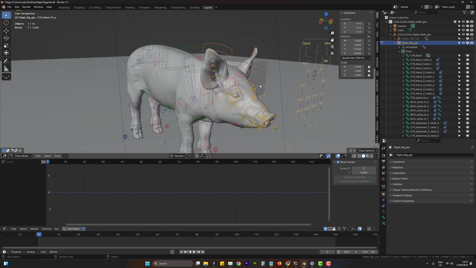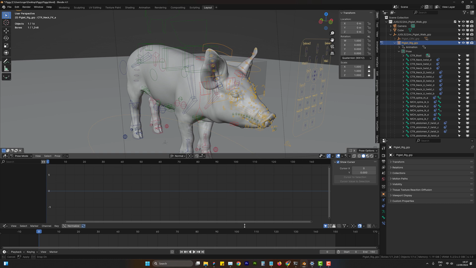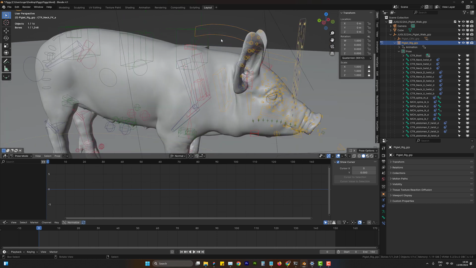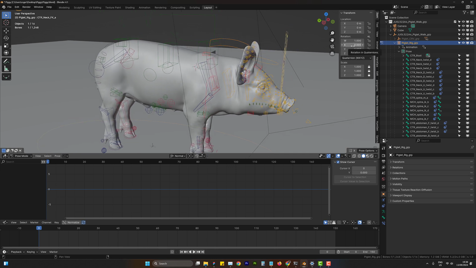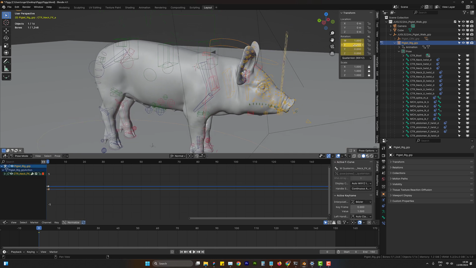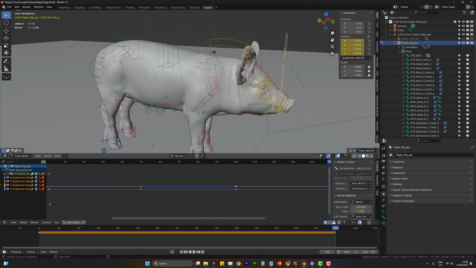So what I will do, this bone is now selected, yes. And I will do a keyframe on the rotation in the very beginning and also at the very end, because I changed the frame range from the beginning to the end. So I also pressed I, as in insert keyframe. So what we are going to do now, we can choose, let's say, one